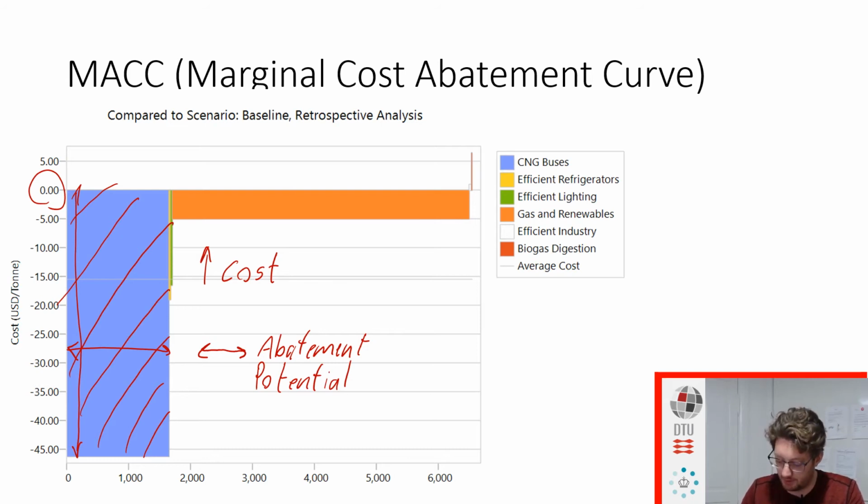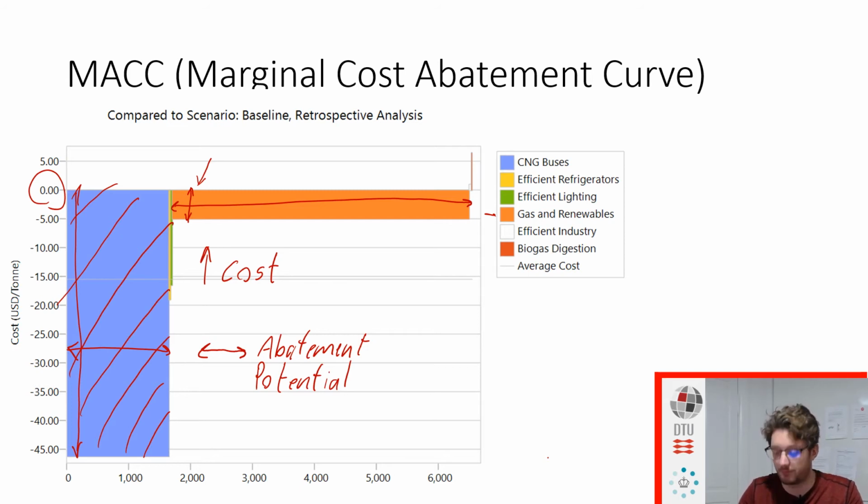If we look at something like this, gas and renewable instead, we can see that the benefit is quite a lot less, but the abatement is quite a lot more. So the total area, I think in this case about a third of the other one, is the total benefit. So we will not get nearly as big a benefit per what we do in the policy, maybe the investment,